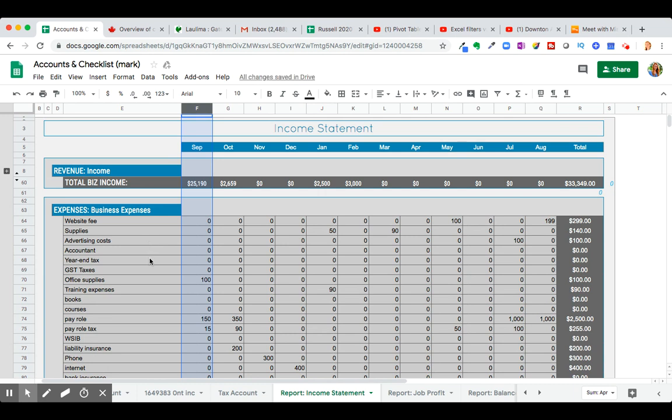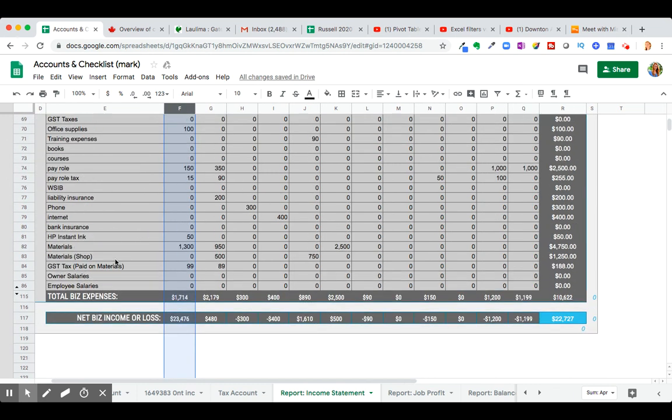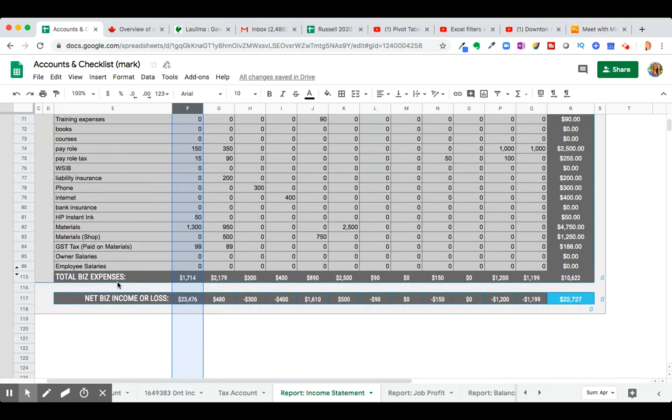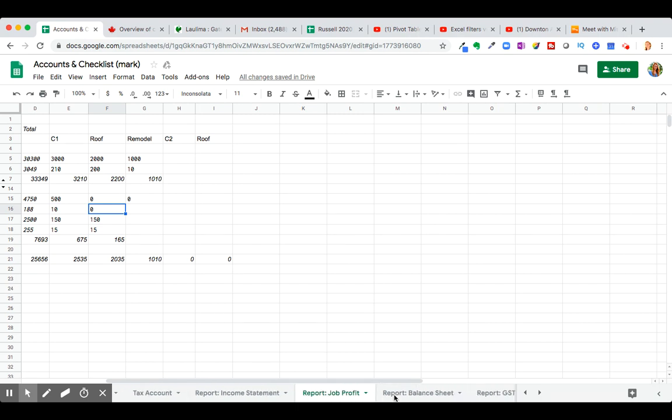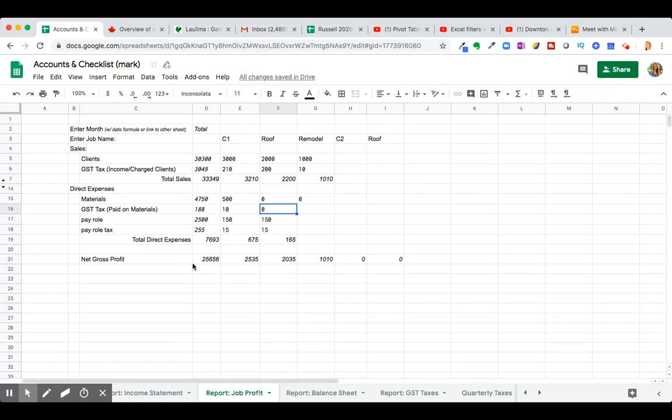I'll add a grouping here so you can see it really tight: your total business income, total business expenses, net business income or loss. All right, now the last few here, I'll have to follow up on the job profit. I know we can do it. We've been working in Excel, and so there's quite a few little nuances that are different in Google Sheets. Plus, I want to just make sure that I know how you want to keep track of this,